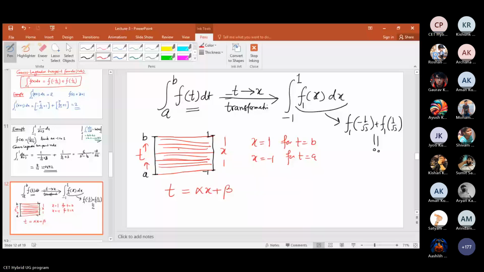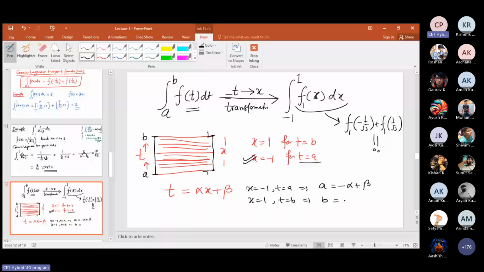अब x इज इक्वल टू -1 पे t की वैल्यू a है, तो वो सब्स्टिट्यूट कर देते हैं. x इज इक्वल टू -1, t इज इक्वल टू a, implies that a इज इक्वल्स टू माइनस अल्फा प्लस बीटा, और दूसरी वैल्यू क्या है, x इज इक्वल्स टू 1 पे t इज इक्वल्स टू b है, तो वो अप्लाई कर देते हैं। तो b इज इक्वल्स टू अल्फा प्लस बीटा हो जाएगा।